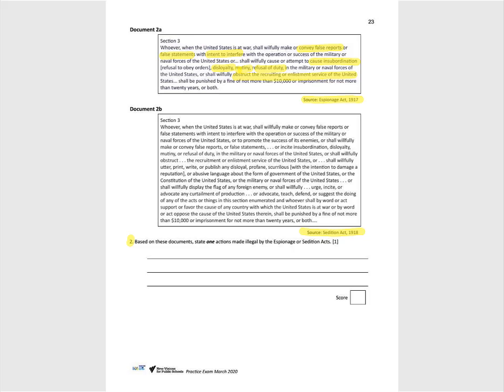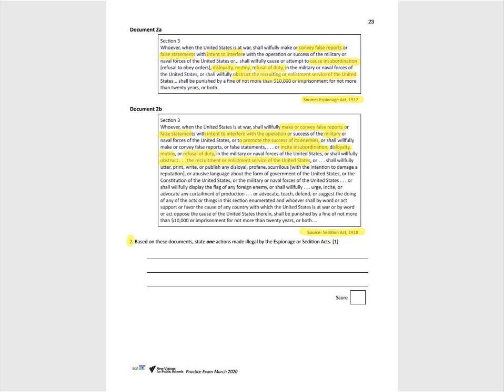So, Section 3. Whoever, when the United States is at war, shall willfully make or convey false reports or false statements with the intent to interfere with the operation or success of the military or naval forces of the United States. So this is all very similar sounding language. Make or convey false reports or false statements with the intent to interfere with the operation of the military, or to promote the success of its enemies, or shall willfully make or convey false reports or false statements to incite insubordination, disloyalty, mutiny, or refusal of duty in the military and naval forces of the United States, or shall willfully obstruct the recruitment